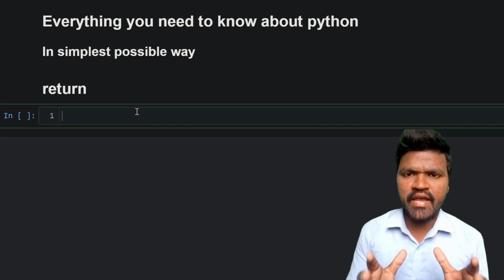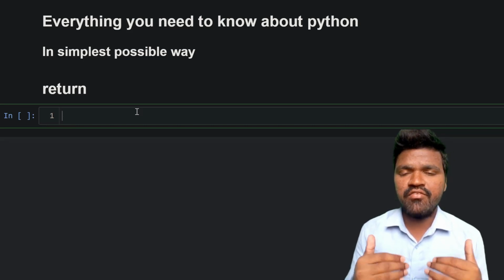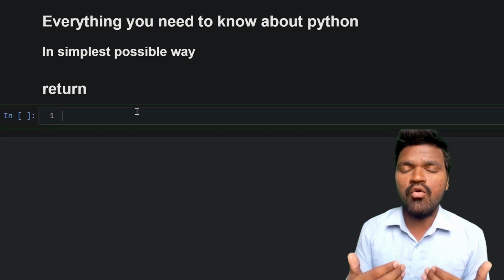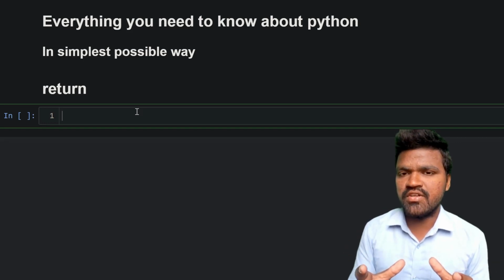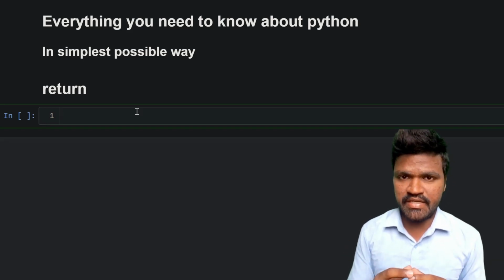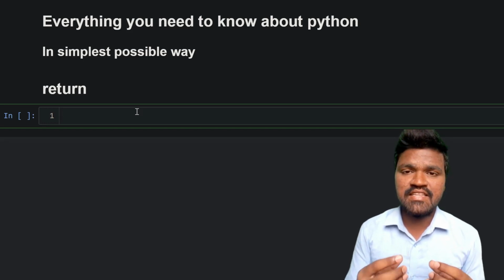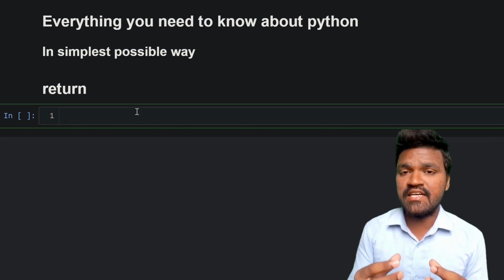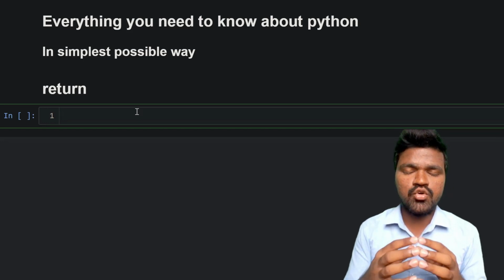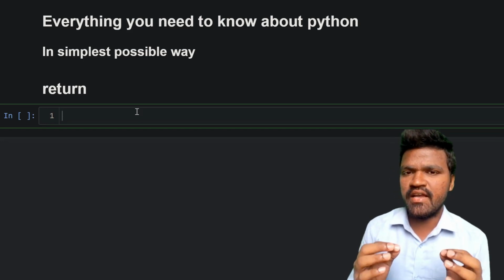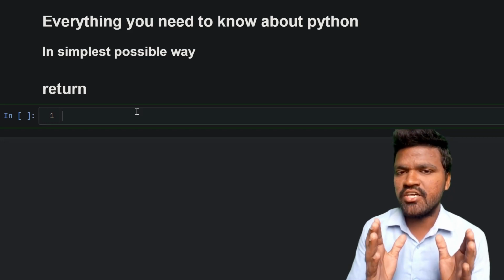After performing some actions in our function, if we wanted to return some value, how can we return it? The answer for that is by using a return statement. Apart from that, there are some more important aspects that we really need to understand in terms of the return statement. So to understand that, watch the video till the end so that you can understand all the